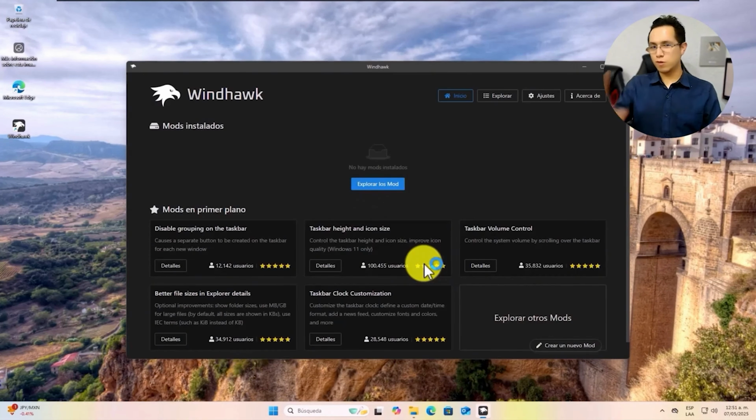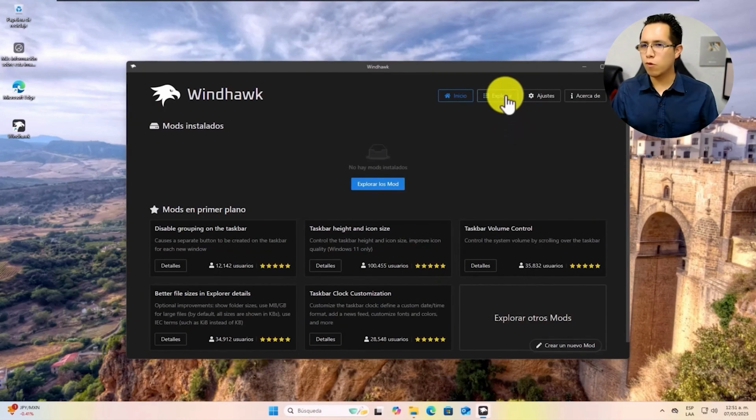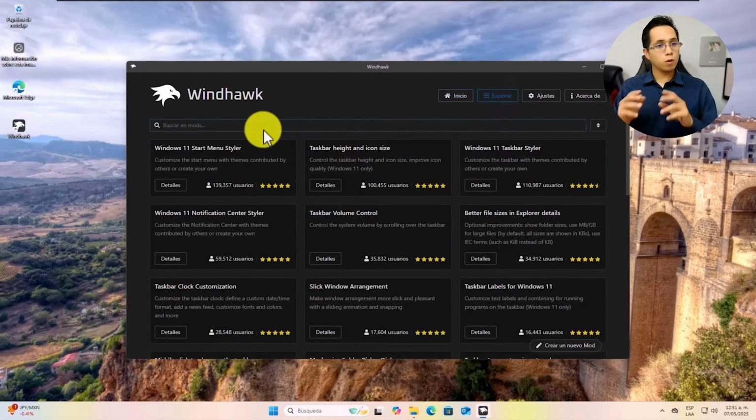Once we have this done, very good. Hey Victor, now what do we do? What should we do? What is the next step? It's very simple. You're going to go here, to explore, and we're going to type in the modes we're going to use, which in fact will be just three, since it's a lightweight desktop and we don't want to overload